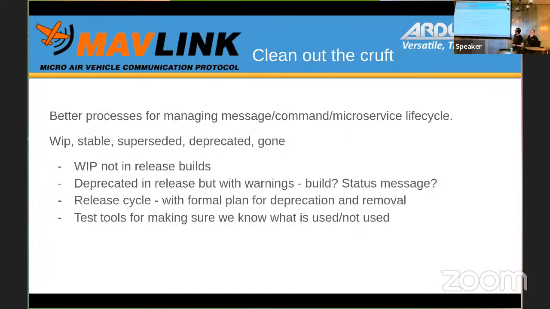So I just wanted to look at one of these things to address now, and that is getting rid of some of the rubbish. And you may say, well, why do we need to get rid of some of the rubbish? Basically, because there's an awful lot in there that people discover and think is useful. It takes quite a lot of effort to find out that it doesn't exist, it's not supported, and so forth. So there's one of the very first steps.